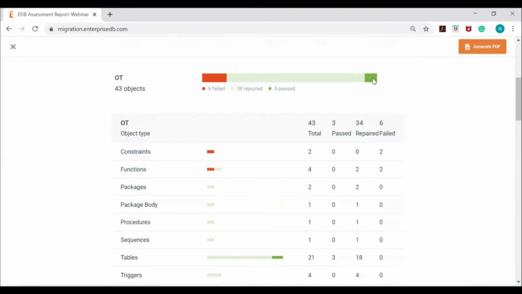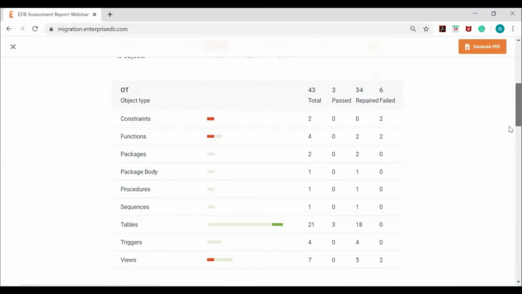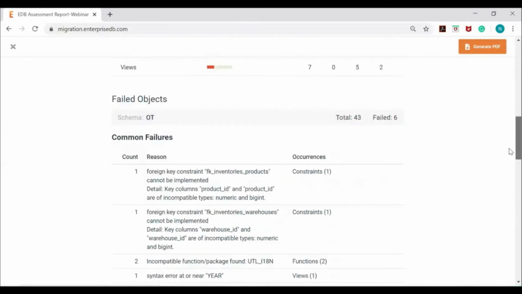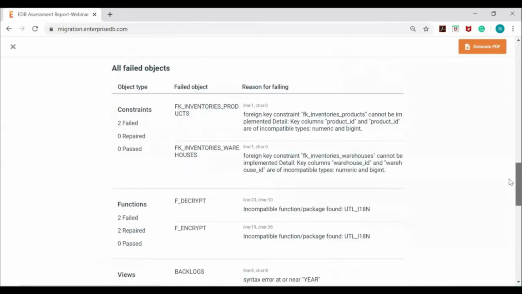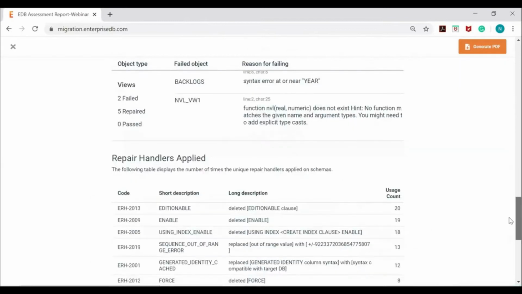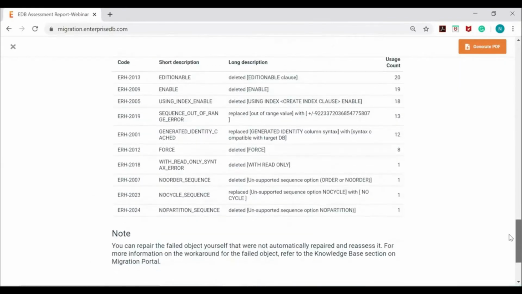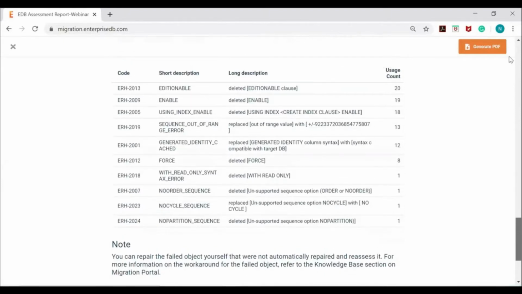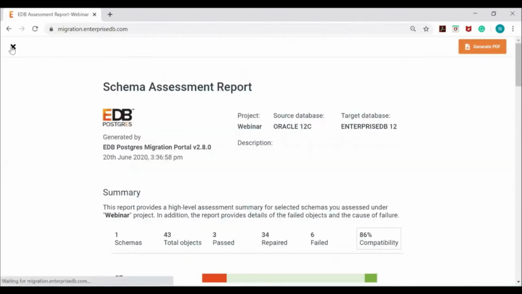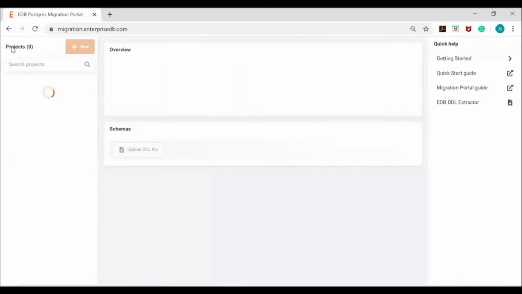The last part is the red part, which indicates the failed objects, and here manual effort is required to fix them. If you scroll further down, you can see the information about the failed objects along with the reason, and also what the repair handler is actually doing in the migration portal. Now let's move to fixing the problems of the failed objects.